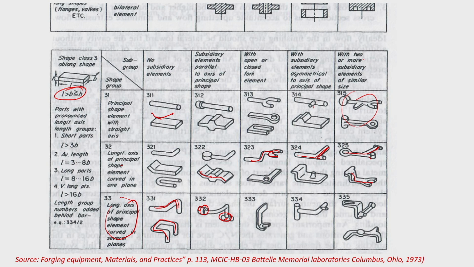So, shape classification of forgings has been carried out, and based on that you find out what the difficulties and other things are. You can say this is taken from a published paper only. So, that is it. And about when you are doing the forging, how the flash is formed, how the gutter is formed, that part we have discussed. Okay. So, with this, this lecture is over.